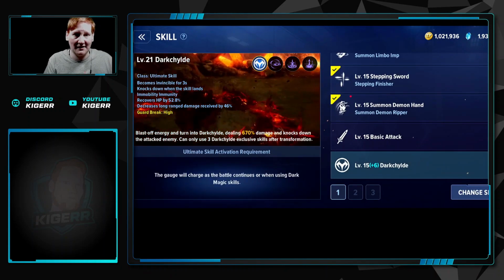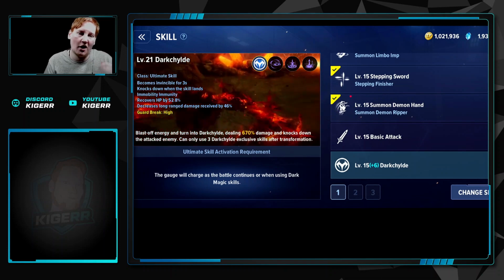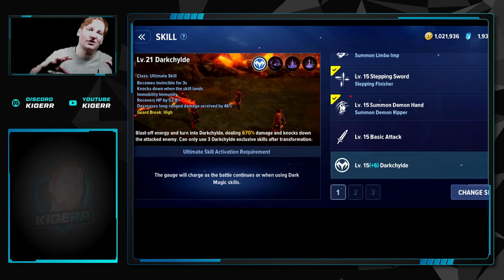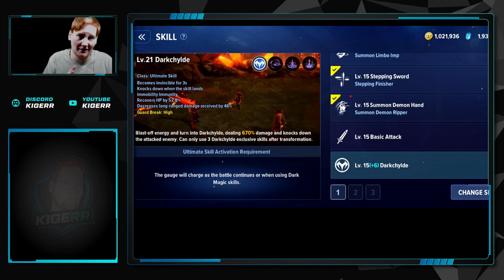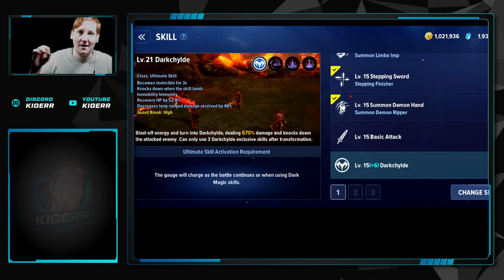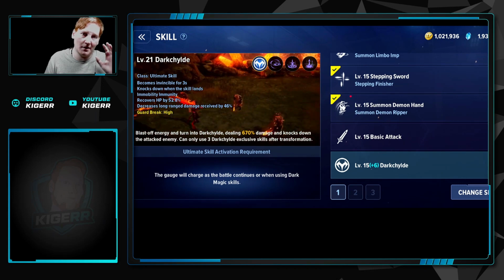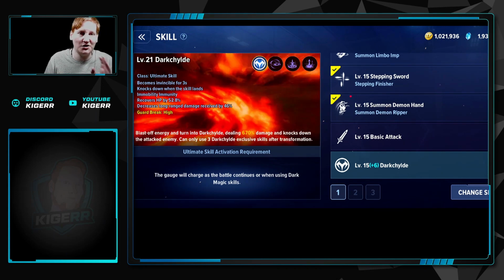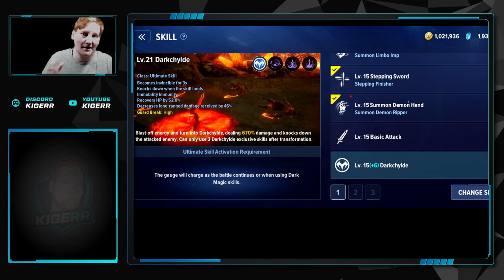Remember the ultimate, when you're in your ultimate, your auto attacks deal more damage. It takes a lot of practice to find out the exact numbers on things like this because of crit, max damage rate, things like that. But it's looking like anywhere from 200%, 250% extra damage on your auto attacks and 400% extra damage on your